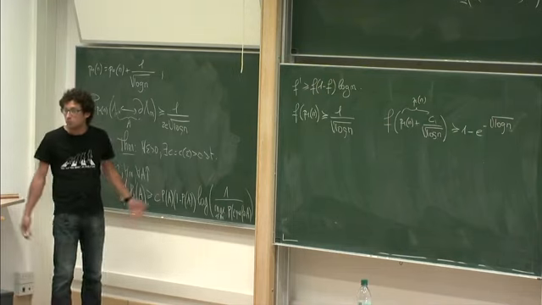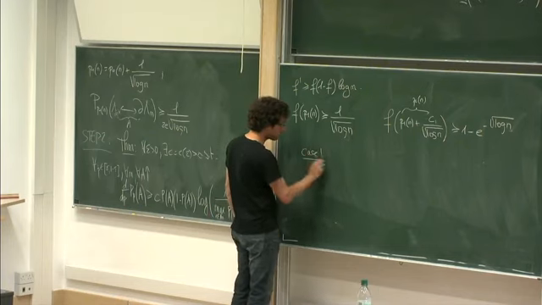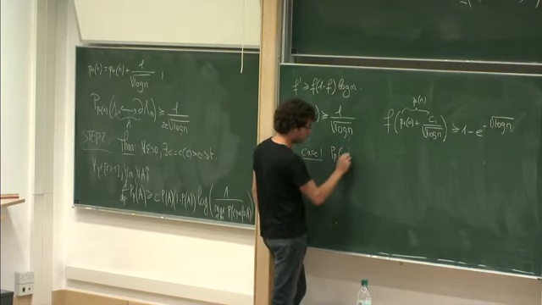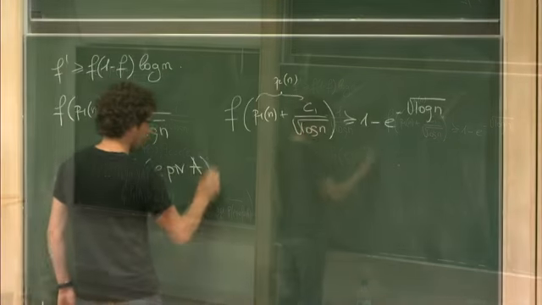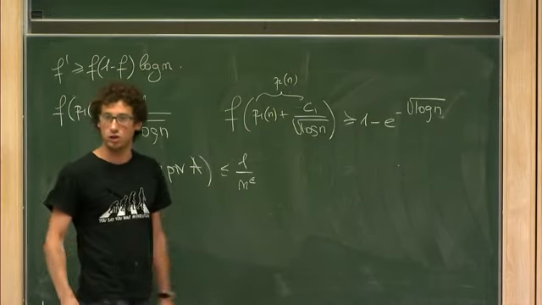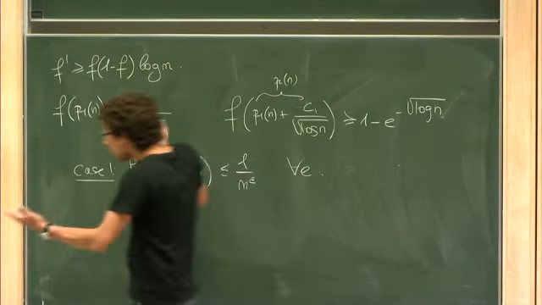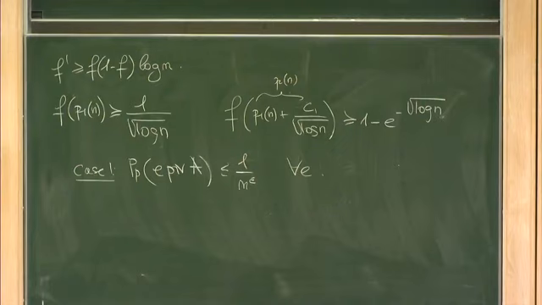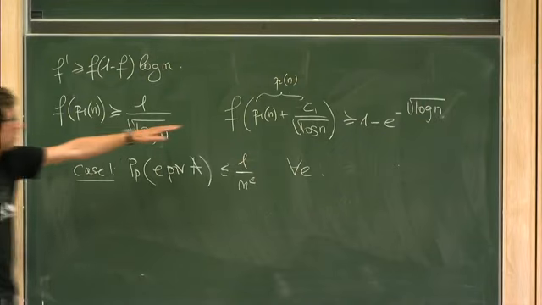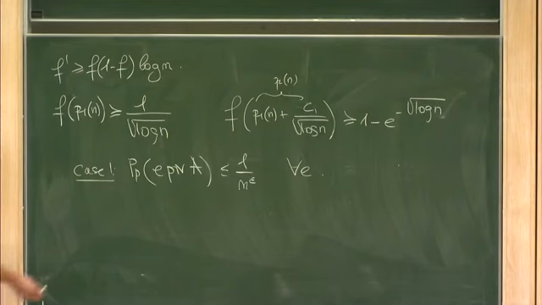Maybe it's small. Okay. So case 1, in fact, the probability is small. It's smaller than 1 over n to some epsilon, tiny epsilon, for every edge. Then, by definition, my maximum is small, and I have my log n here. I can integrate out, and I'm done. So the case 2 is the one which is